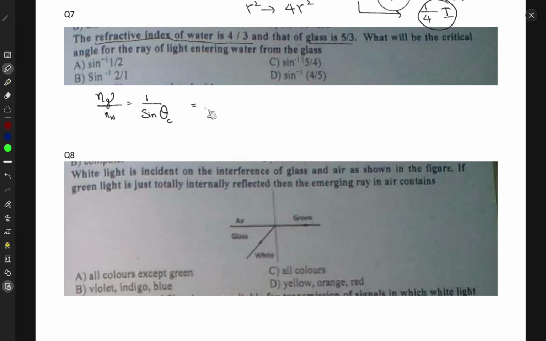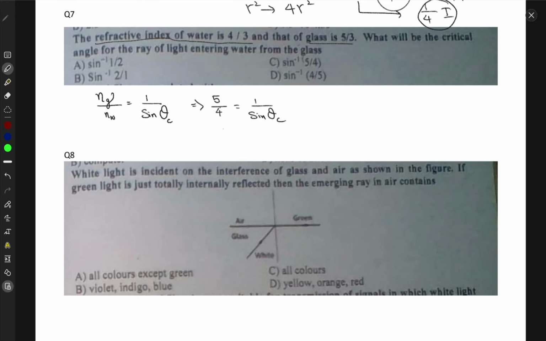This means that Ng, the refractive index of glass, is 5 by 3, and for water it's 4 by 3, so 3 goes away and we are left with 5 by 4. And this is equal to 1 by sine theta c,